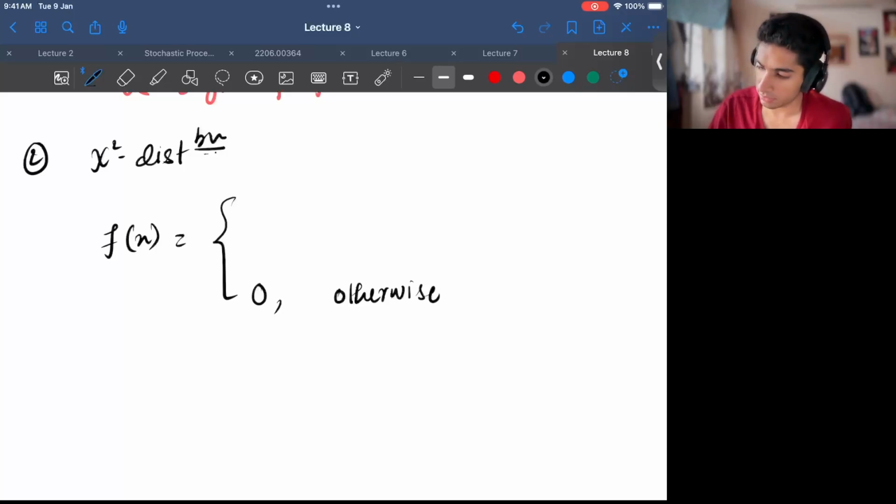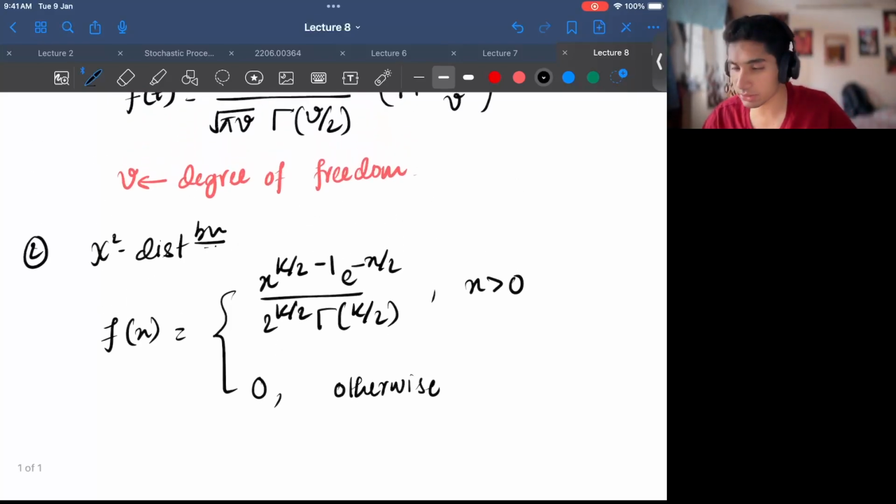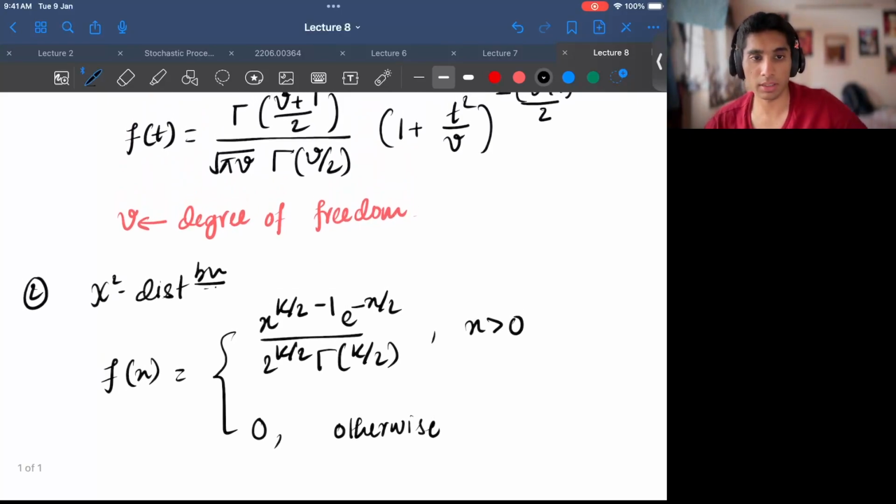And if x is greater than 0, it is x raised to k by 2 minus 1 into e raised to minus x by 2, whole divided by 2 raised to k by 2 times gamma of k by 2. This is your chi-square distribution. Again, something which we will keep encountering in the upcoming